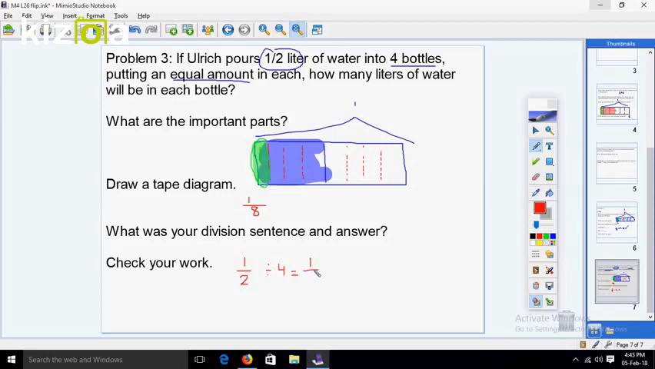All right, let's go ahead and check our answer. We're going to check it with multiplication. So 1/8 times 4, so our quotient multiplied by our divisor should give us 1/2. So let's see, 1 times 4, 4 over 8. If I simplify this, I'm going to get 1/2, and I know